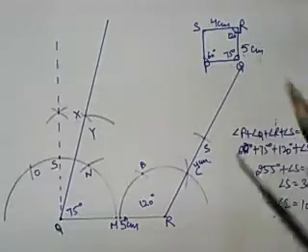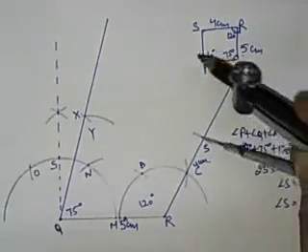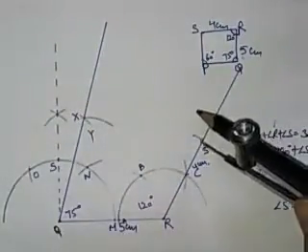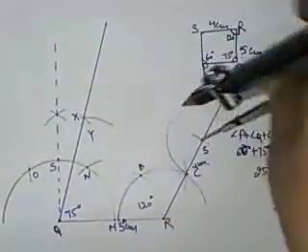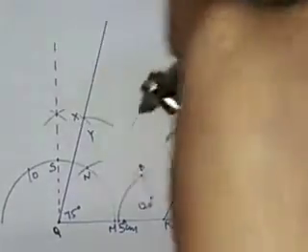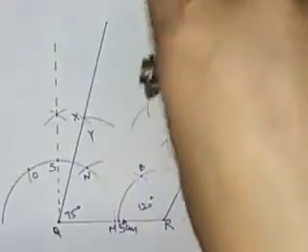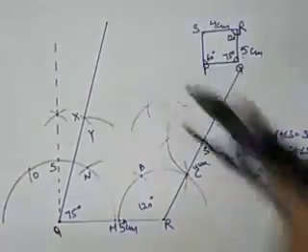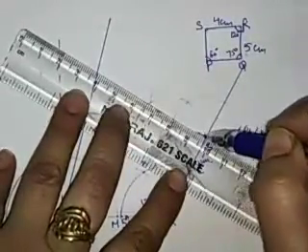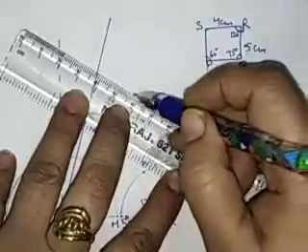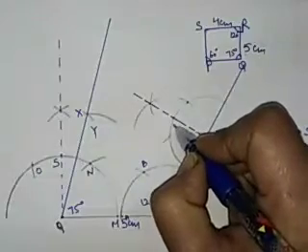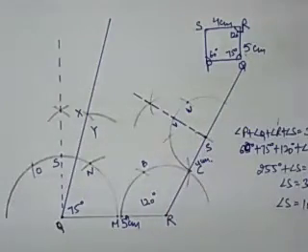Now I have to draw 105 degrees by putting the compass pointer on S. Again we have to draw an angle of 90 degrees as I drew here. This is my 90 degree angle. After drawing the 90-degree angle, I am capable of drawing an angle of 105. First of all, I'll join it with the dotted line, and I'll use these 2 points. I will name them V and W to draw the 105-degree angle.